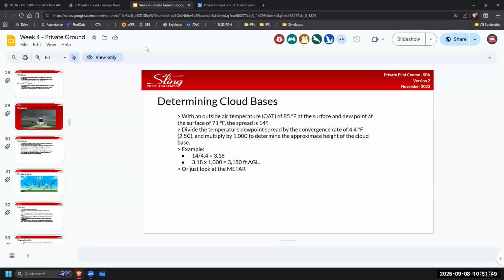Next, what is this telling us? Clouds. Good. The ceiling. So what is this telling us? Yes, not 10,000, few at 1,000. Okay, 10,000 would be if it said 100, that would be 10,000. This is few clouds at 1,000. And then what are these two numbers?